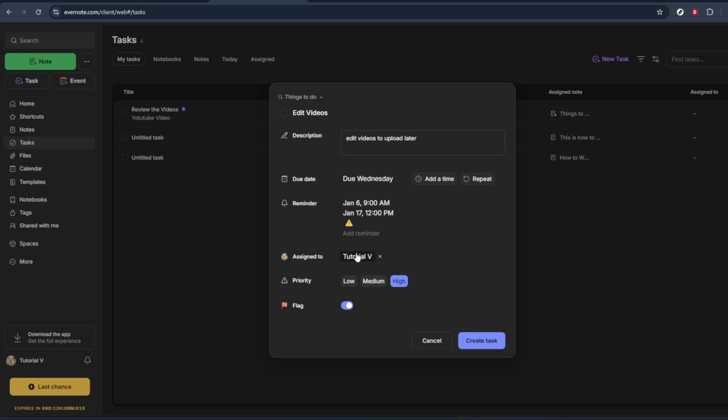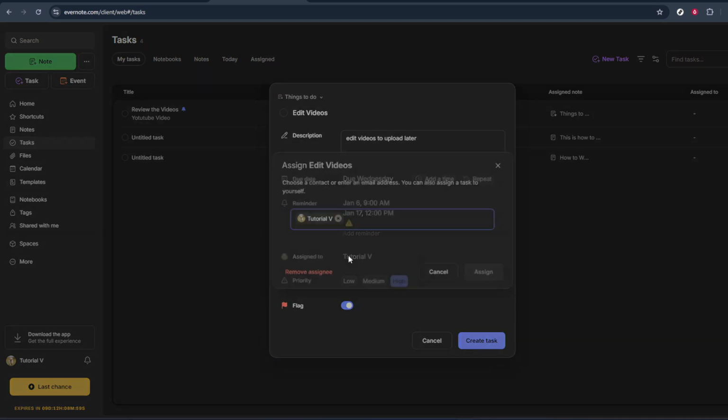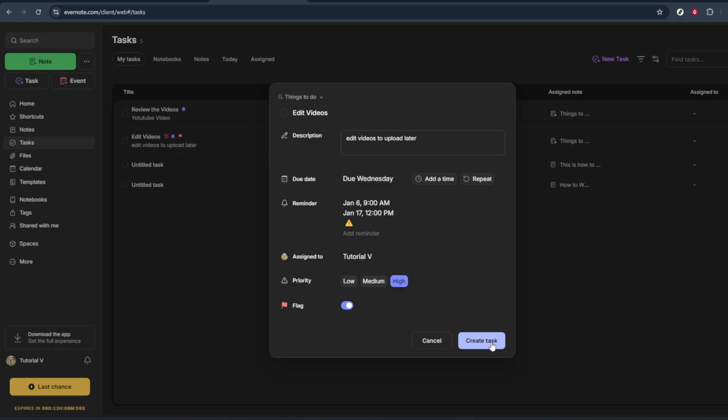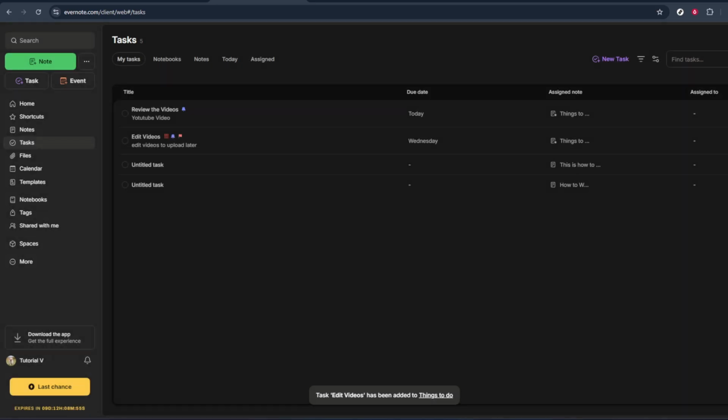Below the name, add a description. Use this area to capture any important context, steps you need to follow, links, decisions you don't want to forget, or quick notes from a meeting. The description helps your future self or anyone you share the task with